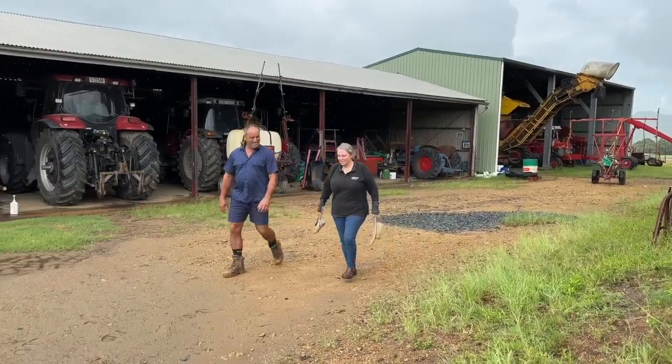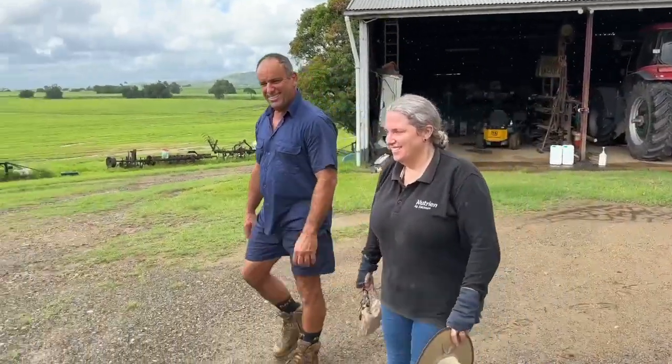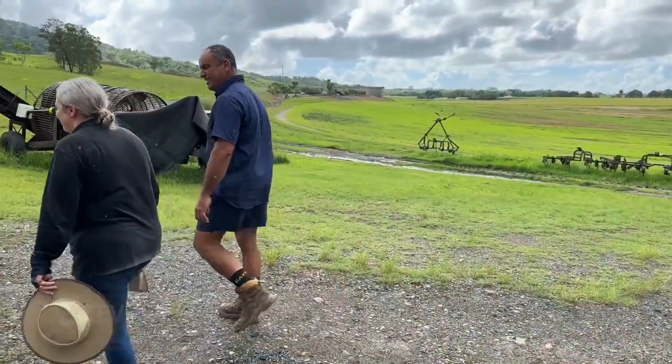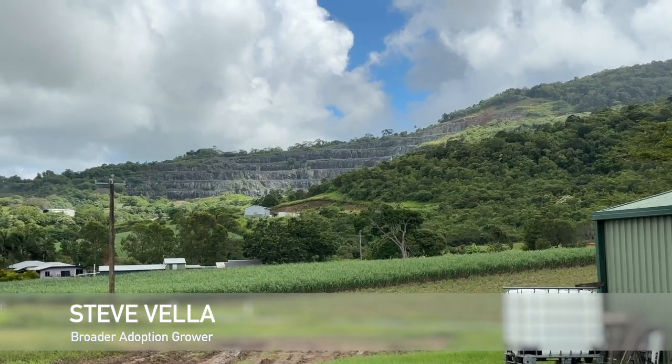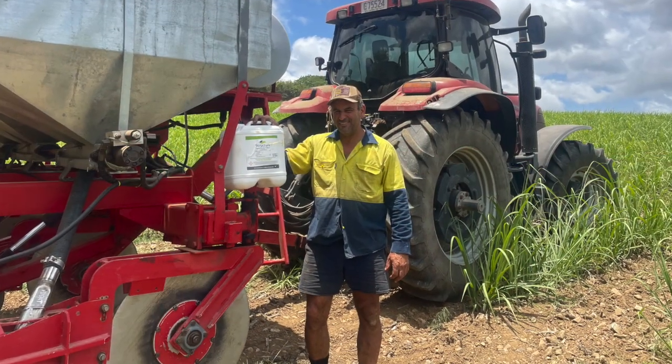My grandfather came here in 1950, so I'm the third generational farmer now. We've been on this land for about 70 years, this particular farm anyway. Most of our country is all hilly country. Only the last 20 years it's been green cane trash blanket. We virtually wanted to stem the flow of sediment runoff. We wanted to try something different instead of traditional fertilisers, and the structure seemed to work out not too bad